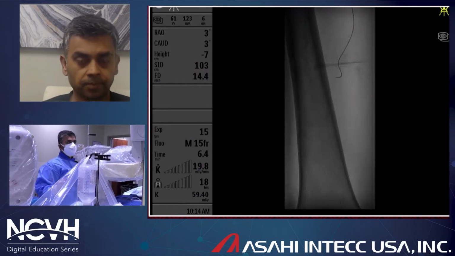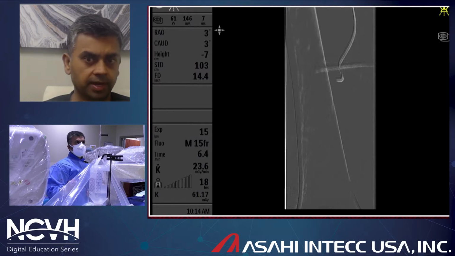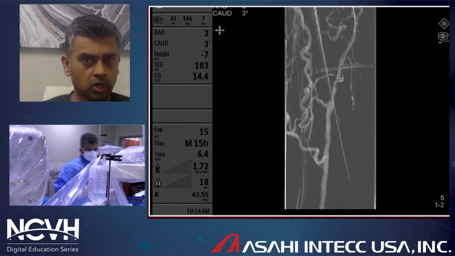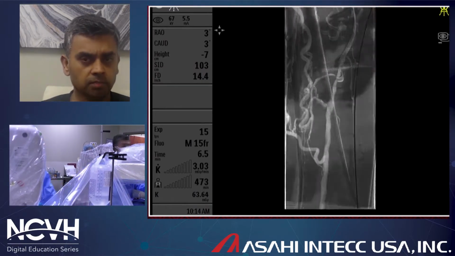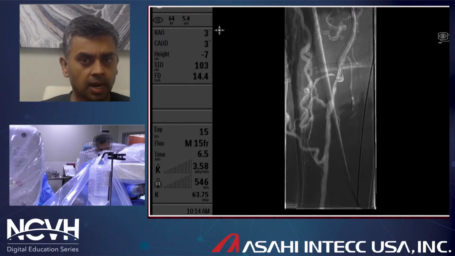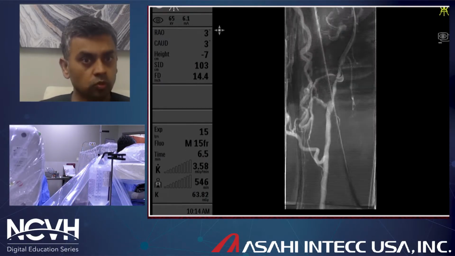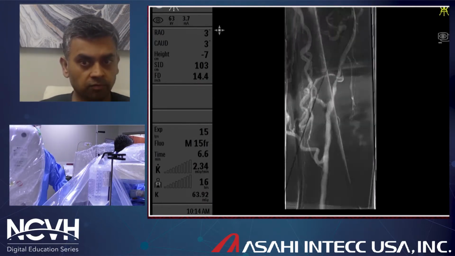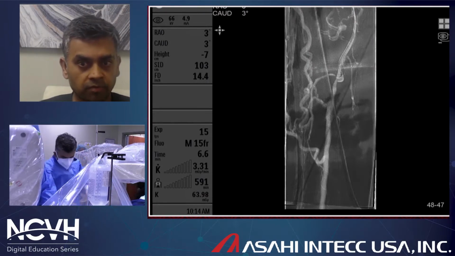just because of its hydrophilic tip and coating. In this particular case, as you see, when I crossed this wire, it went in perfectly fine right till the Hunter's canal. And after that, it was difficult for me to cross this wire further on. So I'm taking a roadmap shot to see where exactly my reconstitution of the SFA is. Once my reconstitution of the SFA is determined, I can use the tip of the Asahi Gaia PV and direct it towards the lumen of the SFA. And I have always seen that this trick works for me almost 100% of the time. And that's what makes this completely a wonderful wire for SFA CTOs.